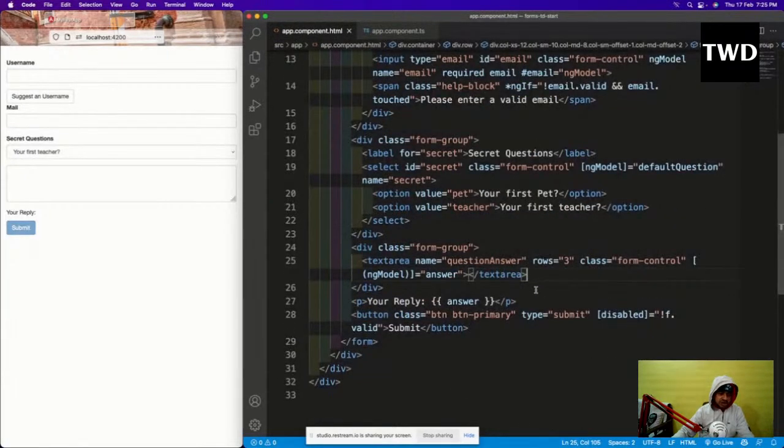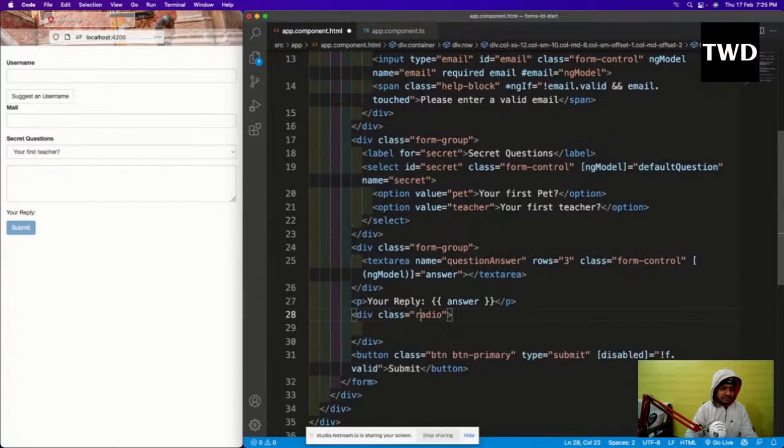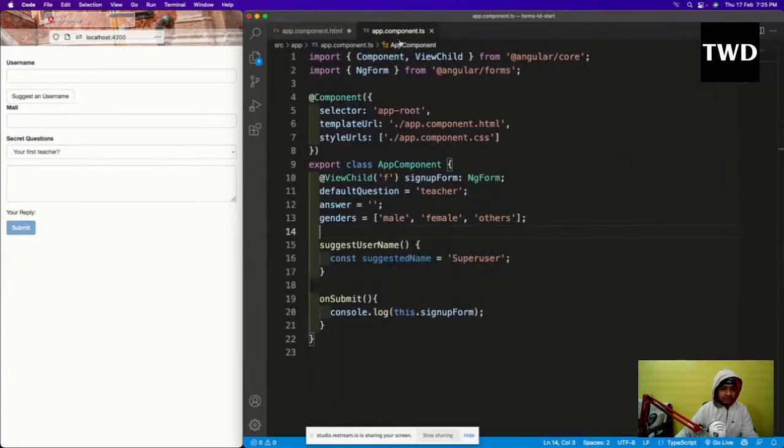Here we'll see how to use the radio button. Radio buttons are always a tricky thing. Even in the React world, radio buttons and checkboxes are tricky. Even in normal HTML, it's tricky. So div.radio, and here I'll have *ngFor, because I have to loop through that array. Always creating an array is a very good thing, so you can loop through it. So let gender of genders. This gender can be anything, but this is the array. This is how we use ngFor.